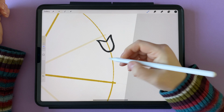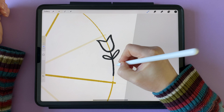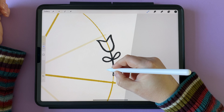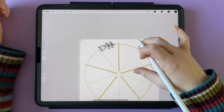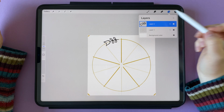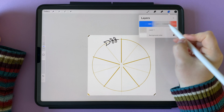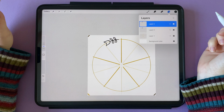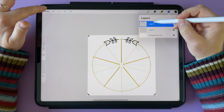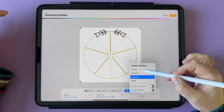It's kind of okay. And then I'm going to bring the stem back to there and then draw a few sets of leaves. Let's make them a bit more curved like that. And then what I actually should have done was turn the symmetry on for this layer, but we can still fix that. If we add that line in the corners again, we can duplicate this layer, click on transform and flip it horizontal. Then we can merge it down, and now we can go into our edit drawing guide, and if we turn symmetry options to just vertical now,